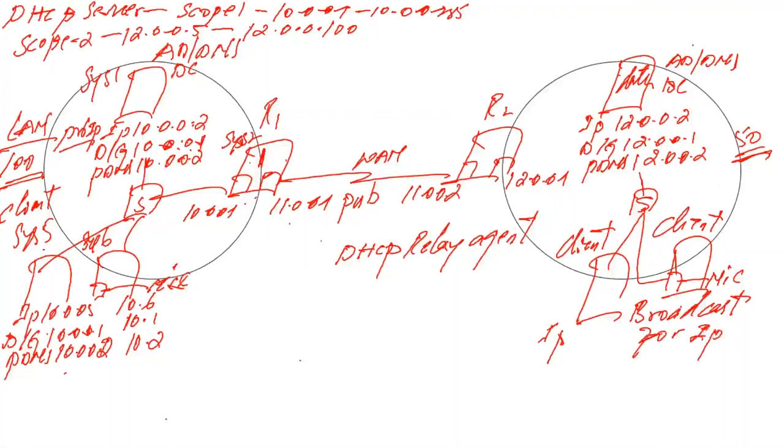But among these 50, is any machine acting as a DHCP server here? No. At the same time, from this client, the request will go to a router via this interface. Which interface? 12.1. Then what does router 2 have to do? Router 2 has to forward the request to router 1, and router 1 will forward the request to the 10.2 DHCP server. And from the second scope, the first free IP, 12.5, is free. So the DHCP server will give this IP to router 1, router 1 to router 2, router 2 to the client, and the IP is successfully